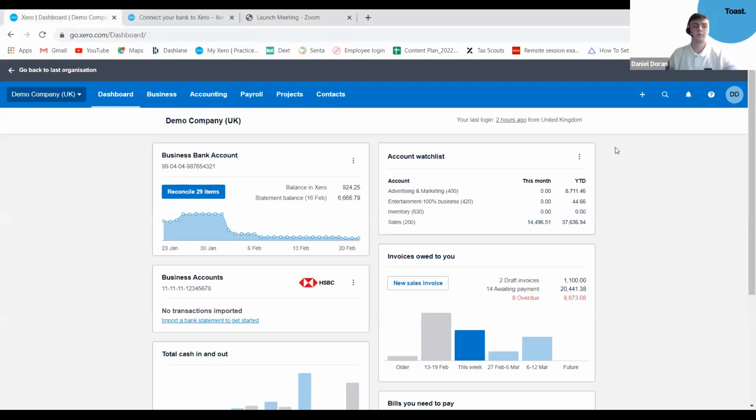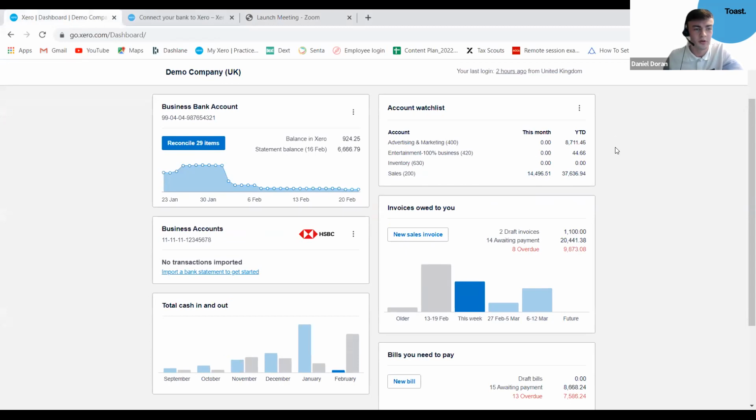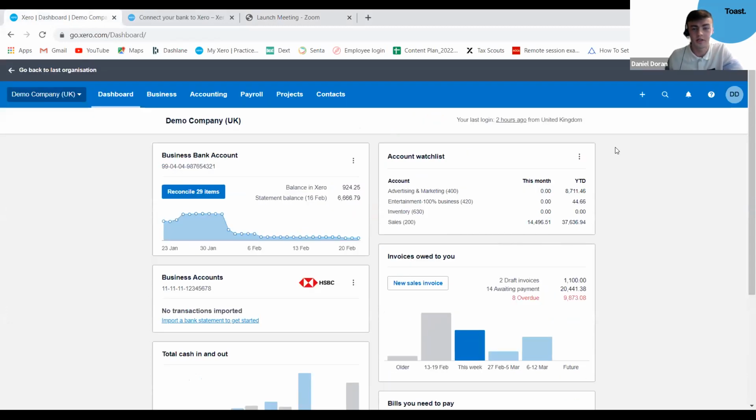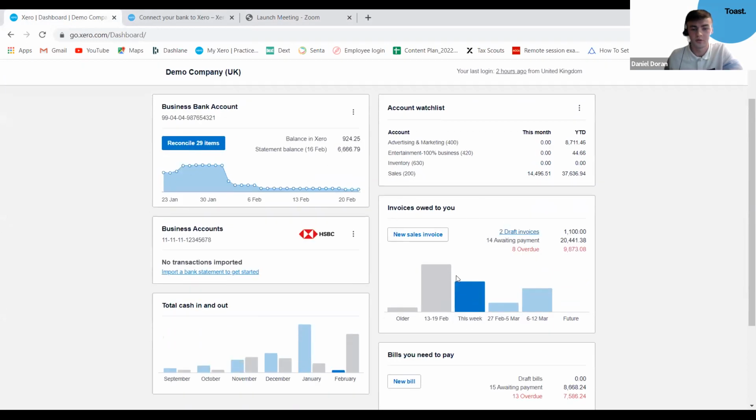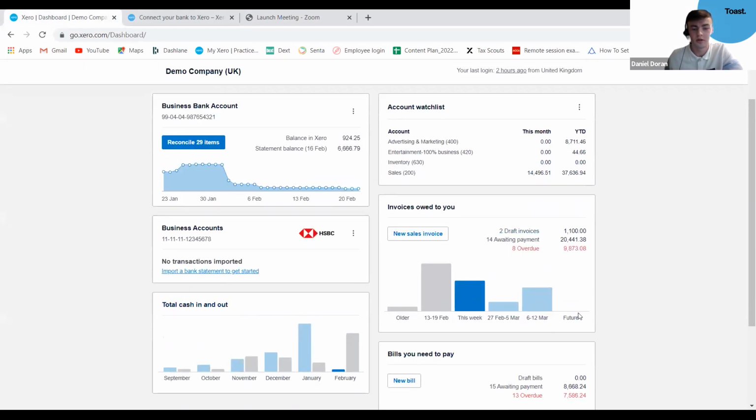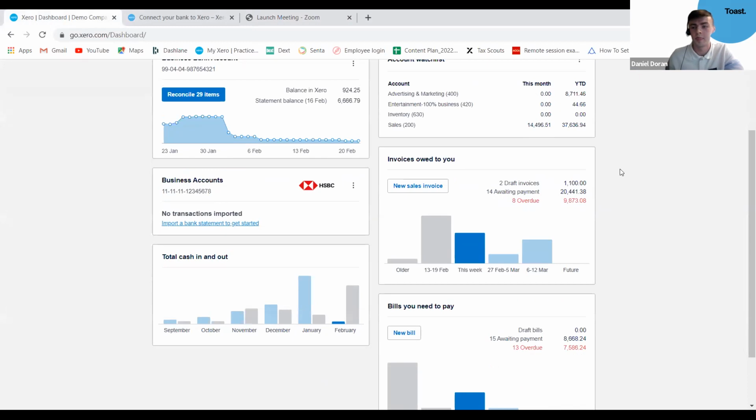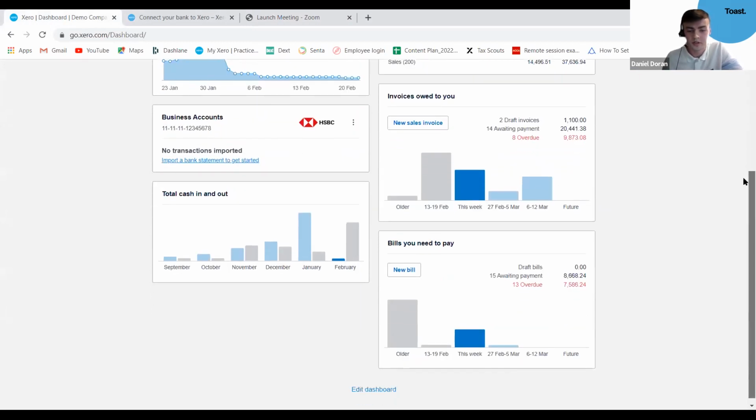Perfect, that's you. So this is what you'll be presented with whenever you log onto your Xero, again known as the dashboard. And there's your bank account, your invoices owed to you, your cash flow, and the bills you need to pay. So as I said there, I'll show you how you can change these to suit however you want it to look. So if you just scroll down to the bottom of your screen there and click on Edit Dashboard,